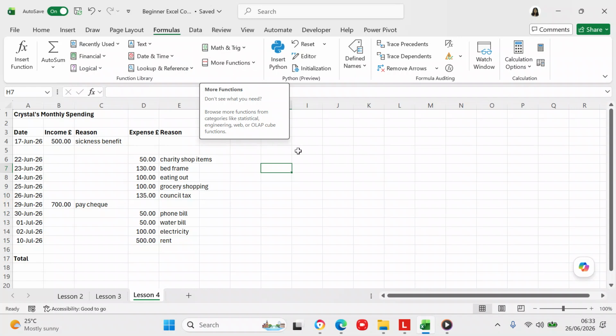So that's what you're going to be using. But truthfully, Excel's got loads of functions in them, and if I don't know how to do something, then I'll search it on Google how to do it, which is what I've